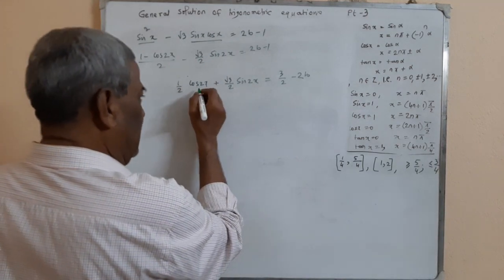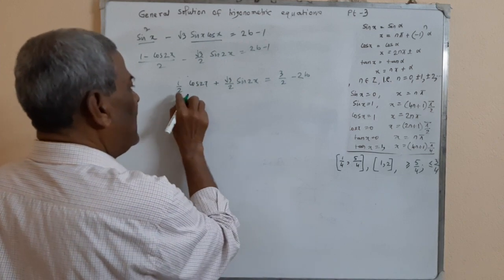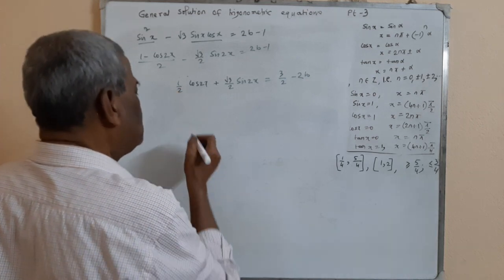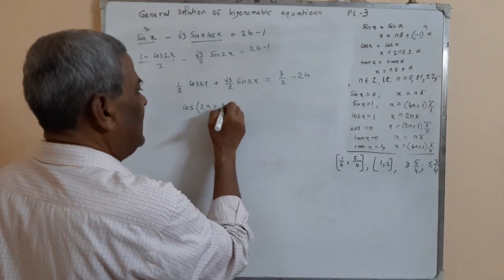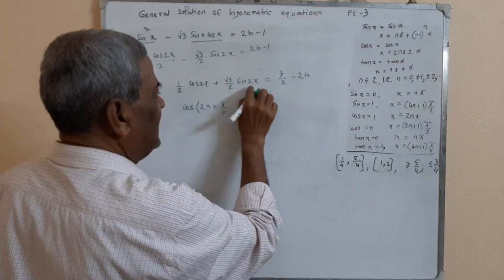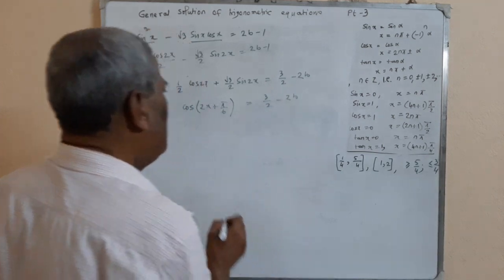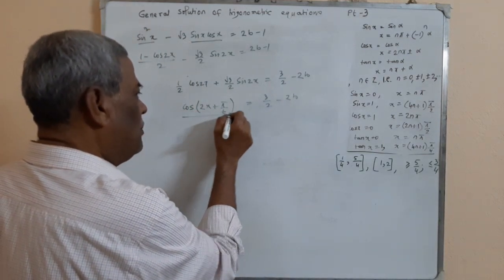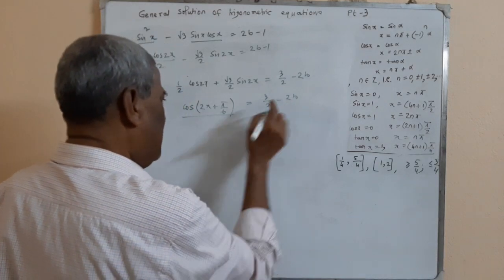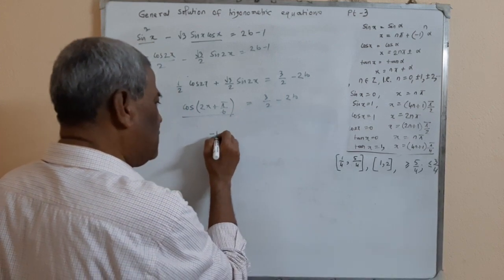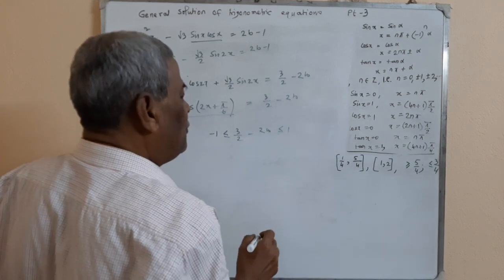But actually you see it is cos 2x cos, this half is cos pi by 6. So it is equal to cos of 2x plus pi by 6, because this is sin pi by 6 sin 2x, is equal to 3 by 2 minus 2b. But its value must lie between minus 1 and plus 1. So its value also lies between minus 1 and plus 1. From this we get